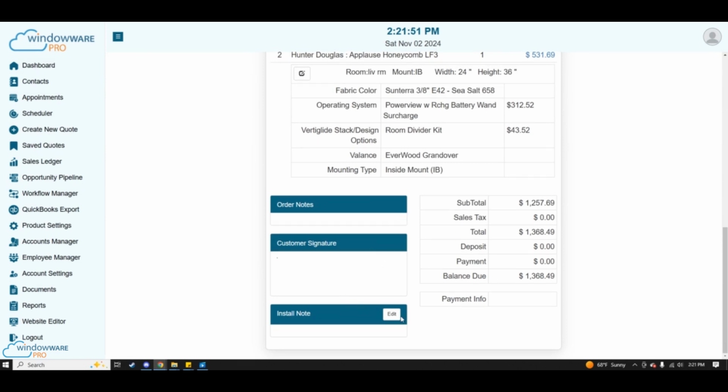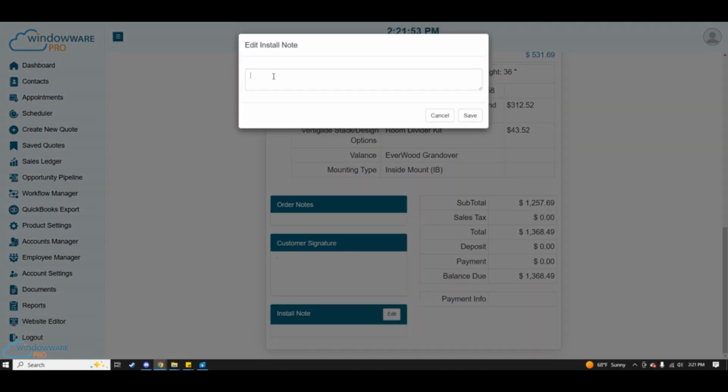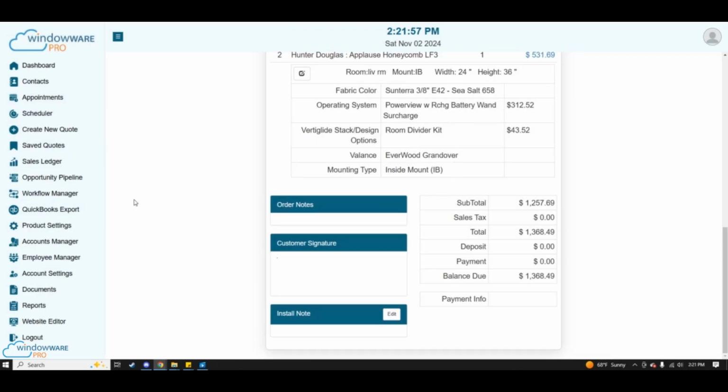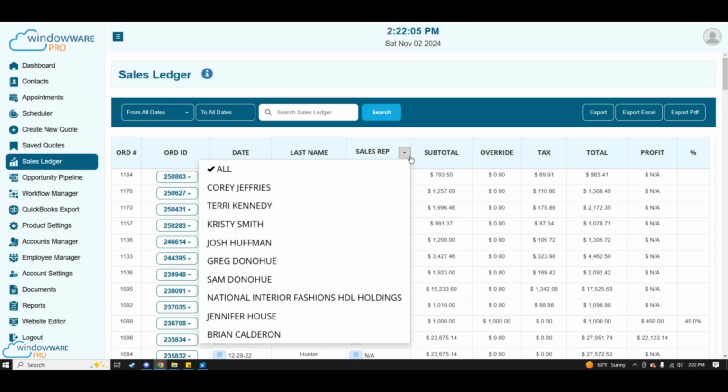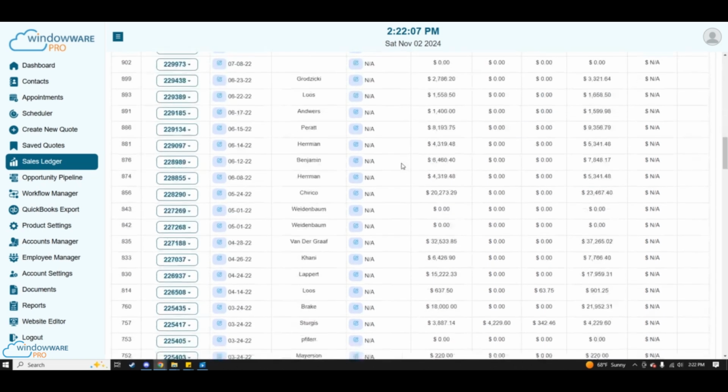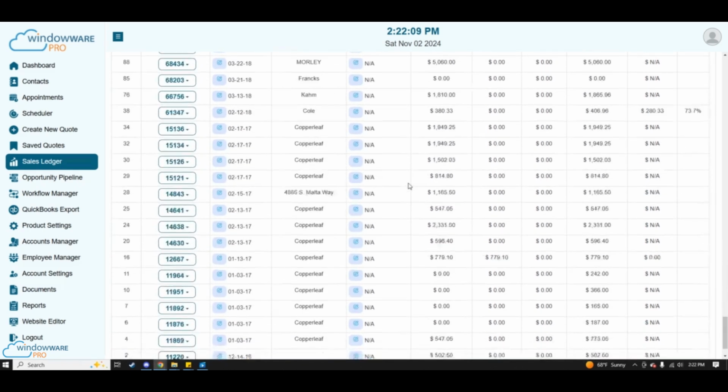To filter for a particular salesperson's orders, select their name from the drop-down. You can also filter by date range or search by keywords within the order. At the bottom, you'll see total sales by each salesperson, including the profit on completed jobs, overall profit, and average